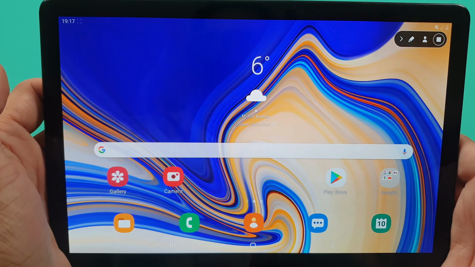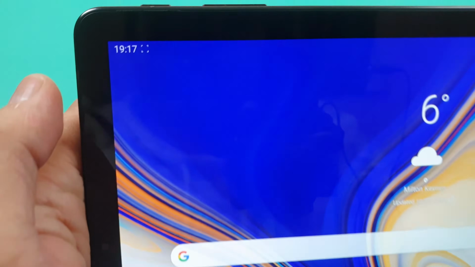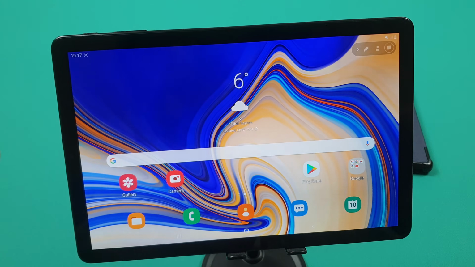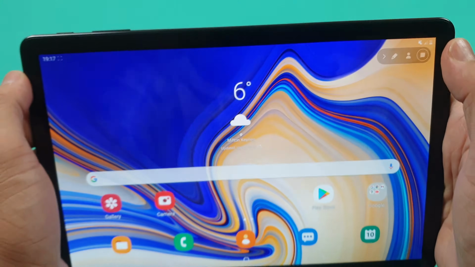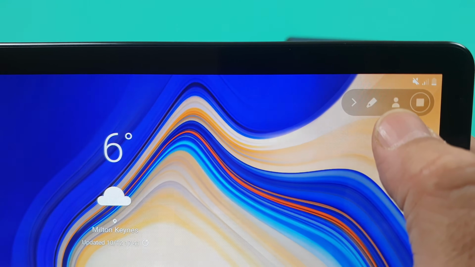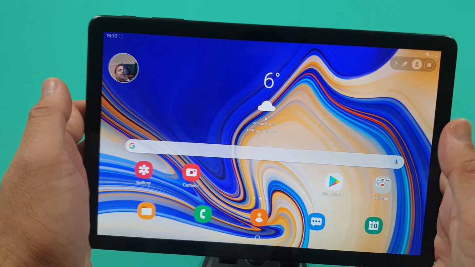Countdown started to 3, and two options appeared, one on the right hand side, one on the left hand side, with the camera blinking within this square box. That means recording is ongoing. So here we have different options. In order to add yourself on screen, you have to click on this human icon, and then your own selfie video will appear,